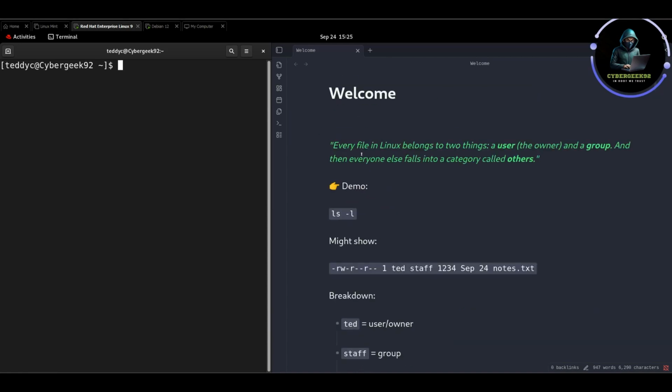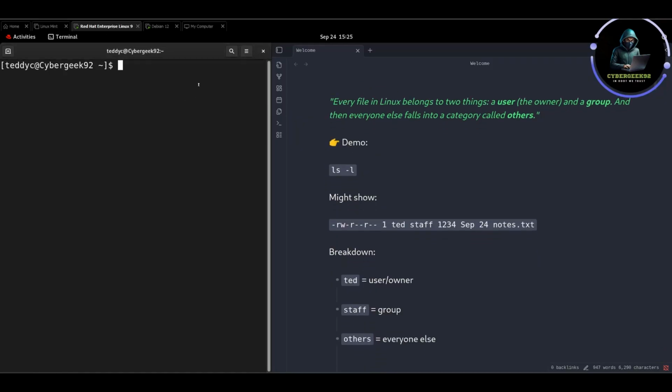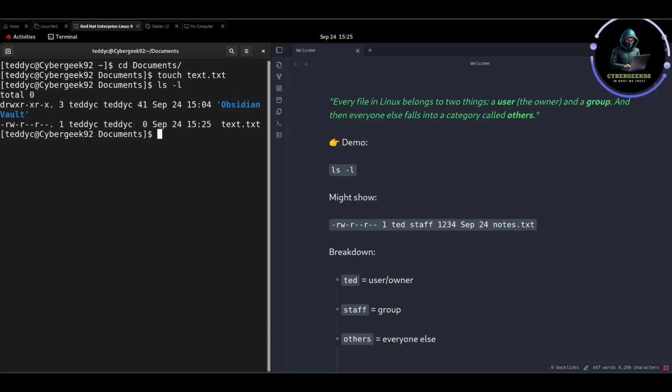So let's get started. In Linux, every file belongs to two things. We have the user, and then we have a group. And then we have a category that's for everyone else that is not the owner or the group. So just to show that, let me create a file. Let me go to Documents and create a file called text.txt. Now, if I do ls -l,